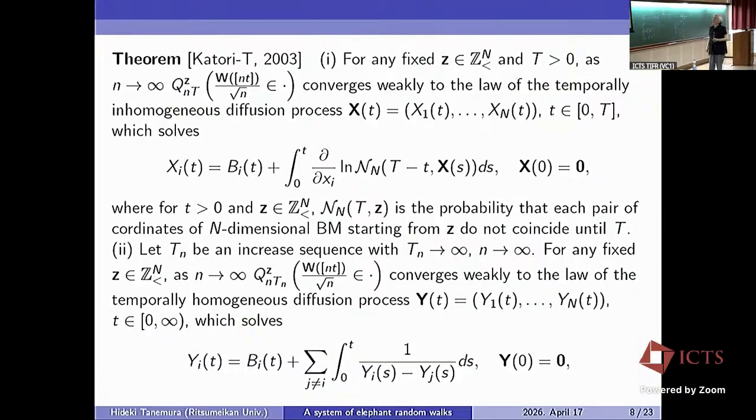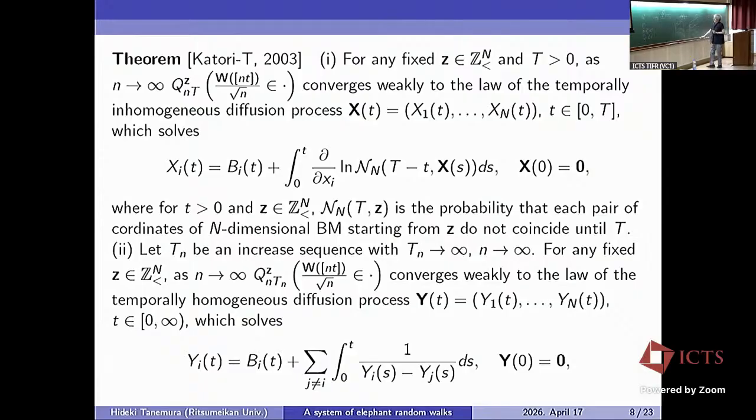There are many results around this, using many techniques, and many people have proved it. And this is ours, and we can get this result from this. The important point is that as T goes to infinity, the process changes, and this is Dyson's